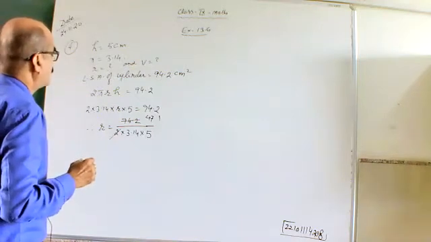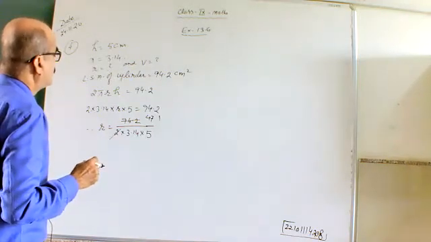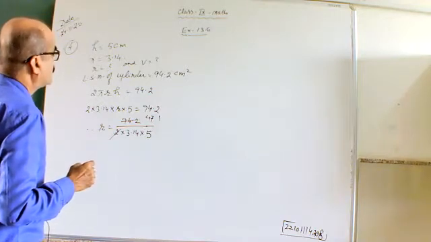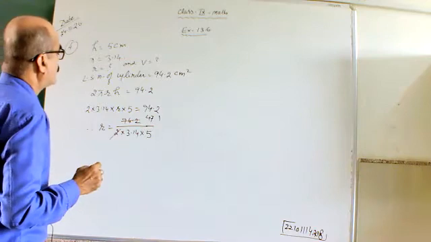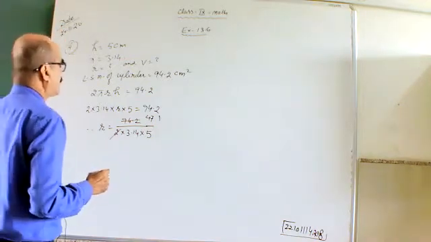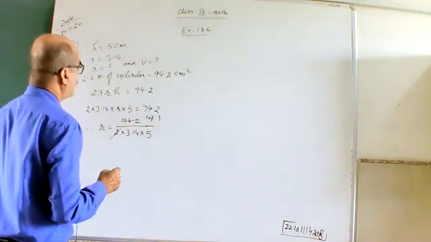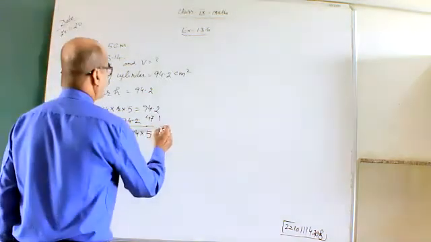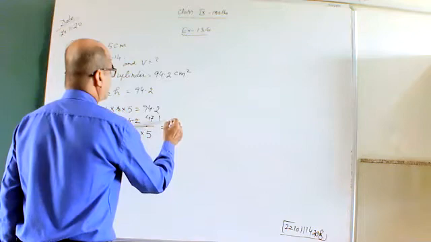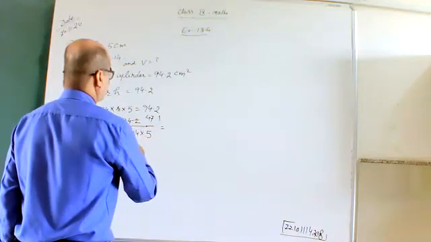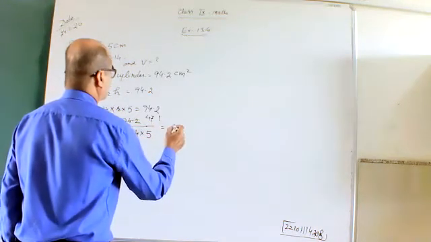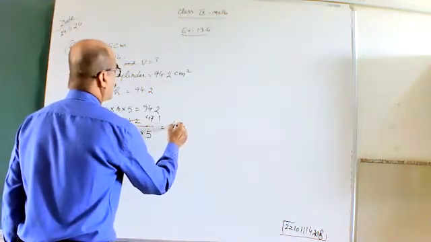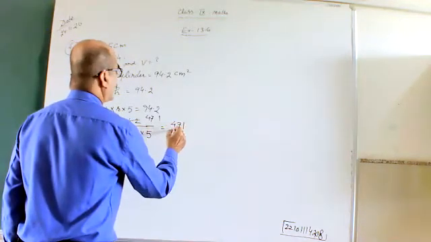That gives 47.1, so this will be divided by 3.14 into 5. So this will be equal to how much? 3.14, so 471 divided by